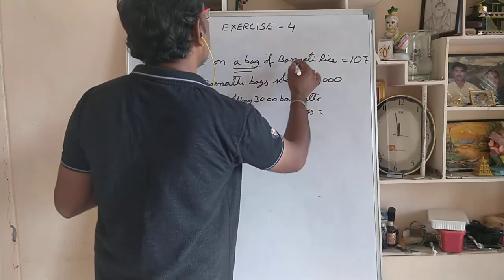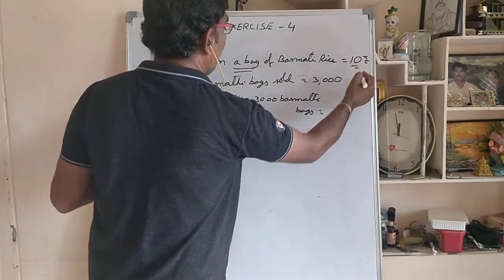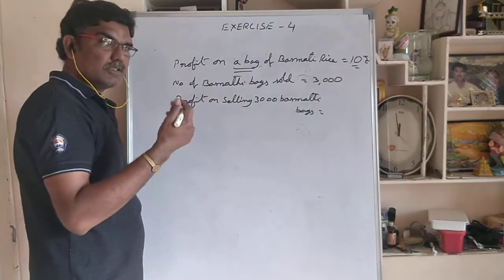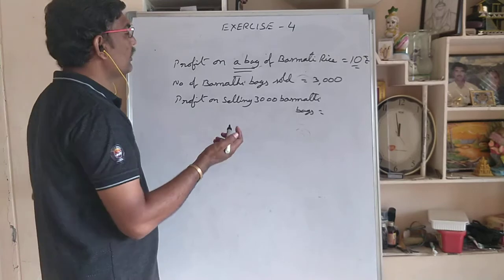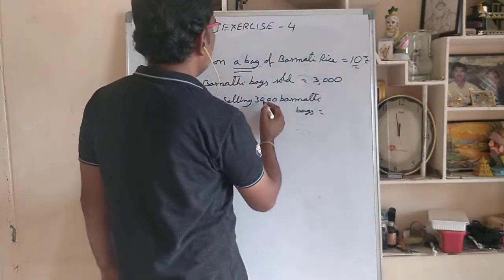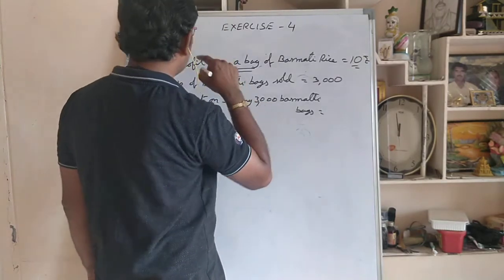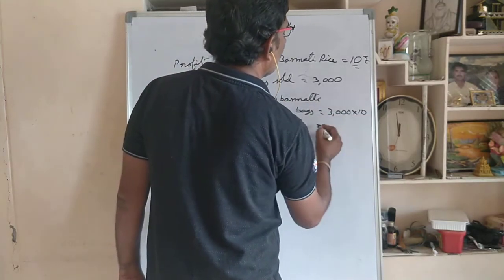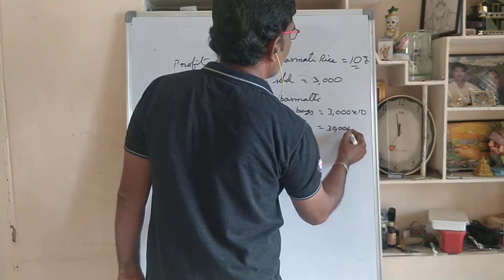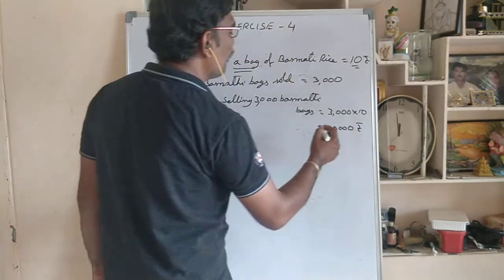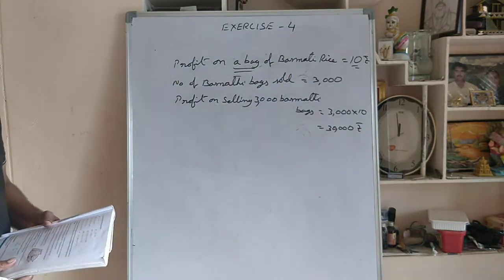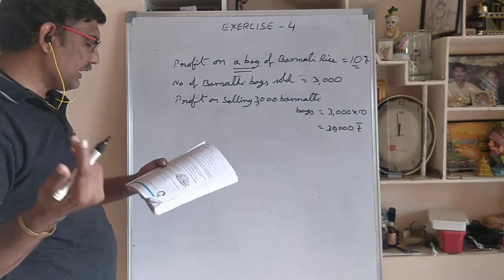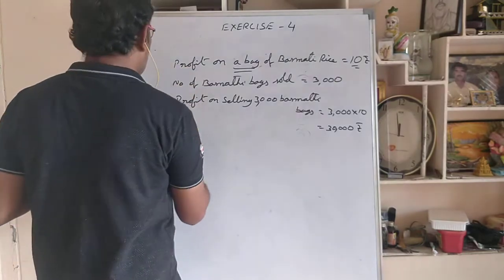So for one bag he sold, he will get 10 rupees. For 2 bags, 2 into 10 rupees. For 3 bags, 3 into 10 rupees. So here, for 3,000 bags, 3,000 into 10 means he will get 30,000 rupees profit. Okay. Next, if you go for non-basmati rice, so loss on